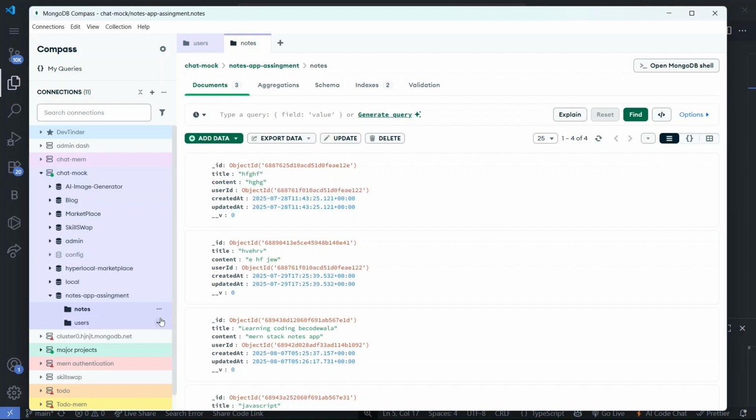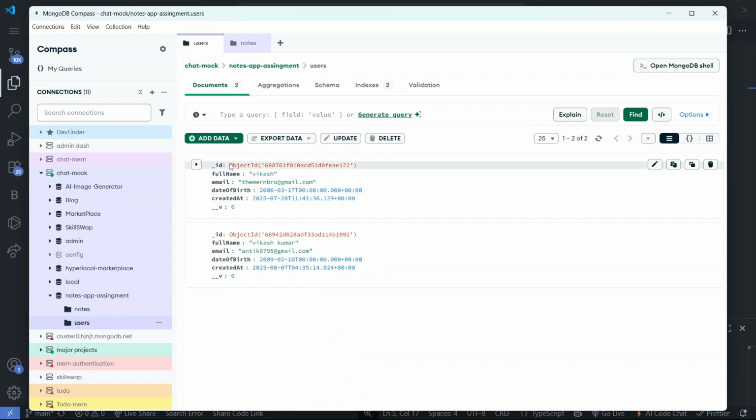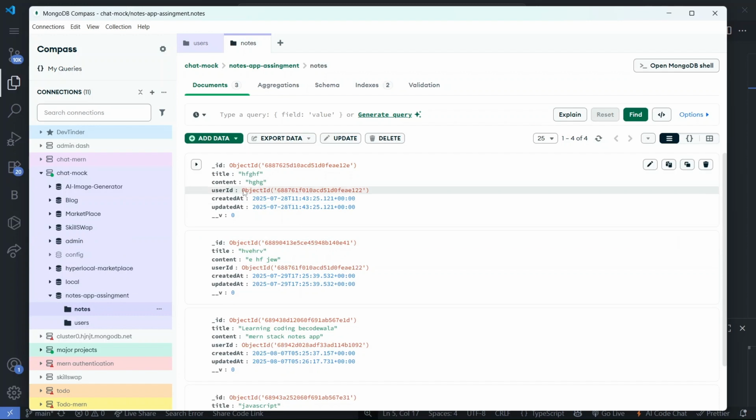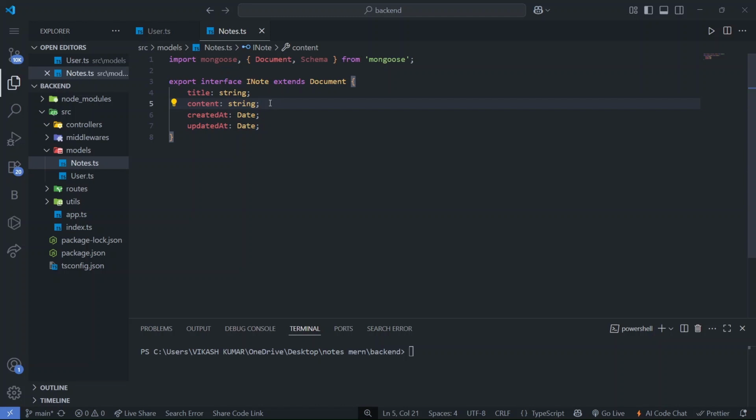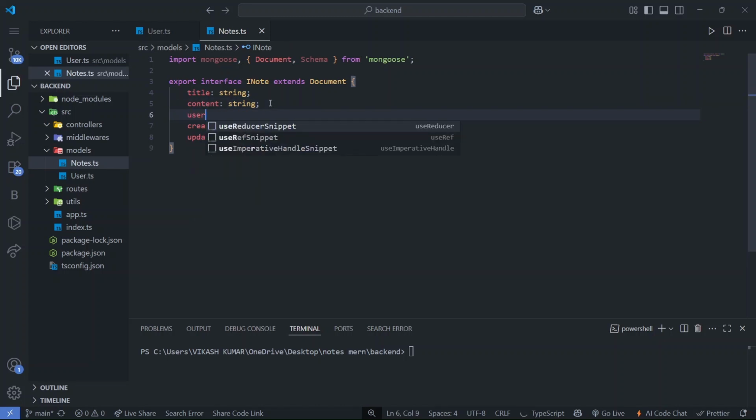This user has created this node. So when you sign up, you have a unique user id. This is the id of this user, and this is the id of this user. So this node has been created by this user, and this user has this id, and this id contains the user information. So this node is created by this user, so we have to add one more field here, user id,